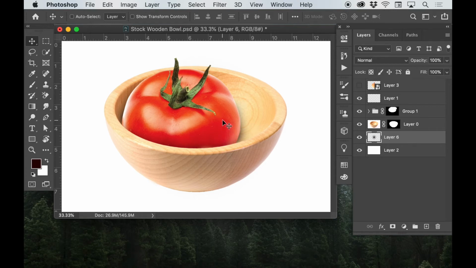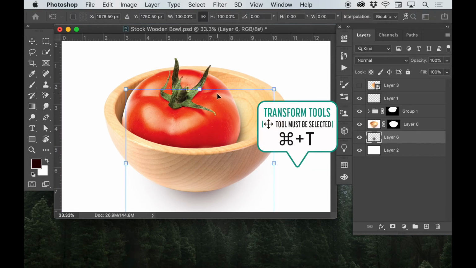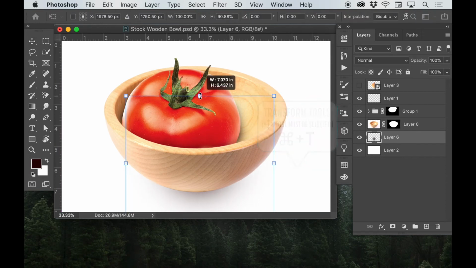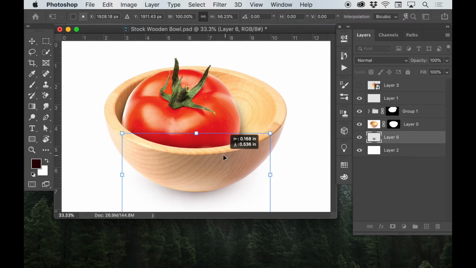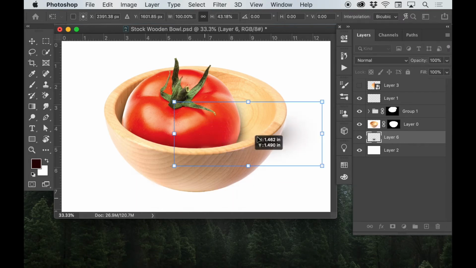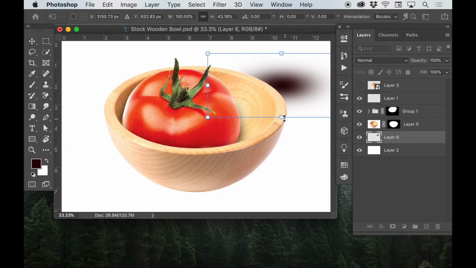If I want to do non-destructive editing, I could actually turn this to a smart object. For this purpose, it doesn't really matter. I'm going to move it down a little bit so you can see it's like behind the bowl, but I'm actually going to transform it. So I'm going to hit Command T to launch these transform tools, and if I hold down Option and Shift in Photoshop CC 2020, you can see I'm just, and I'll move this over here so you can see, I'm just kind of squishing this